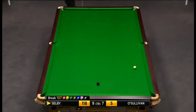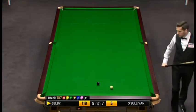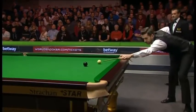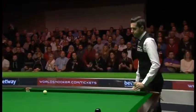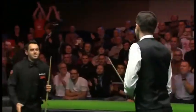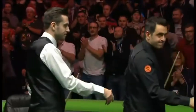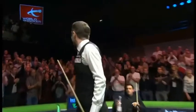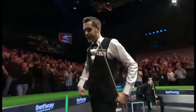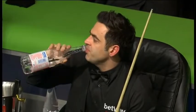Exhibition shot to get onto the black. Just the 6th player to lift the world title and the UK title in the same season. Well done to Mark Selby. It's been a superb final. A big smile from Ronnie O'Sullivan. That's nice to see. We've had everything. We've had tactical play. We've had a barrage of century breaks. But Mark Selby must be absolutely delighted. He lifts the